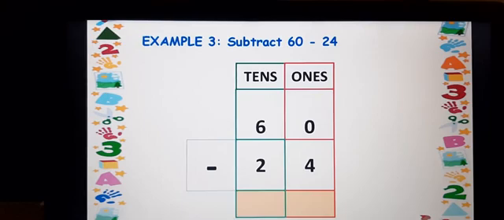1 tens you shift to the 0, and how many will be left there? 5 tens. 5 will be left there. 10 plus 0. So what you'll get? 10 itself. So you cut down 6, write there 5, cut down 0, write it as a 10. So 10 minus 4 easily can you do now? Yes, you can do. 10 minus 4, how much you'll get? Take on your hands 10 and 4 you remove. Do? Yeah, right. If you remove, how many left?